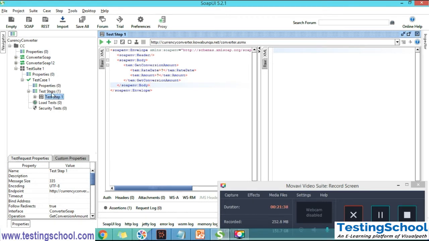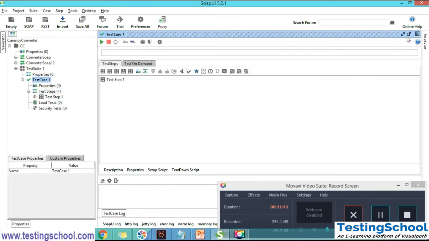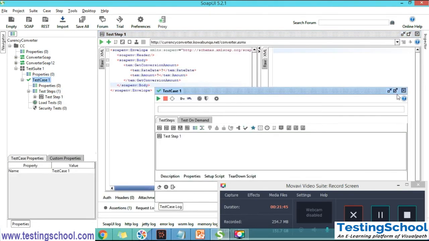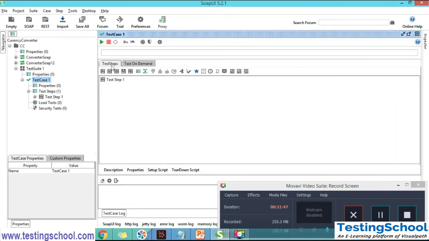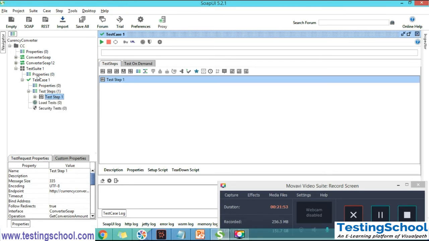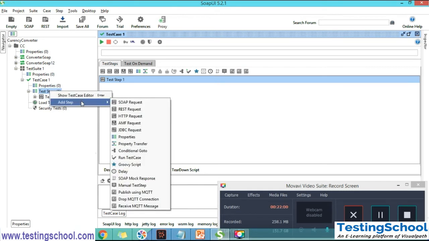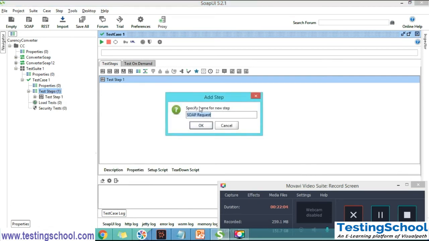So under test case, you can see test step 1, and you can also see it in the project navigation area. If I add one more test step, add test step and SOAP request, I'm giving test step 2.